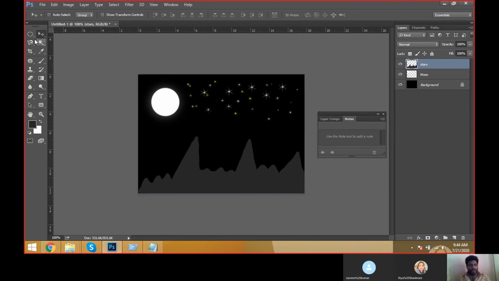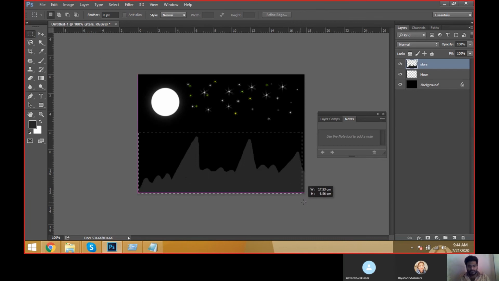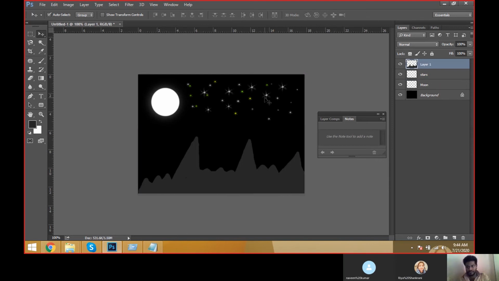Okay, they're not overlapping, and that's why I'm taking the rectangular marquee tool. I'm selecting this part. Okay, and Control J duplicates the layer, and Control Shift J is duplicate via cut. Duplicate via cut means we can cut it into two parts. It will be split into two parts. Control Shift J. See automatically what happened here.